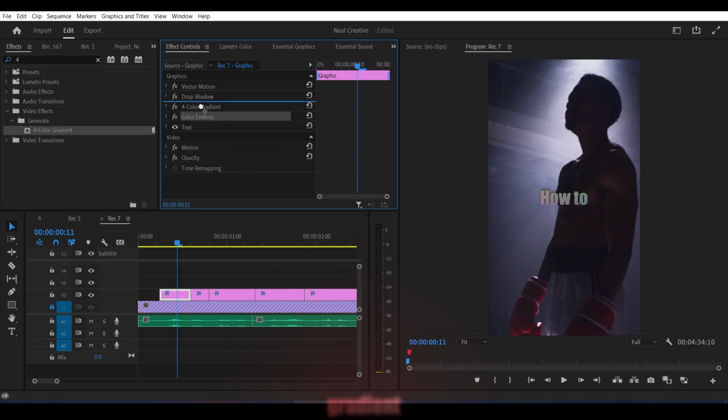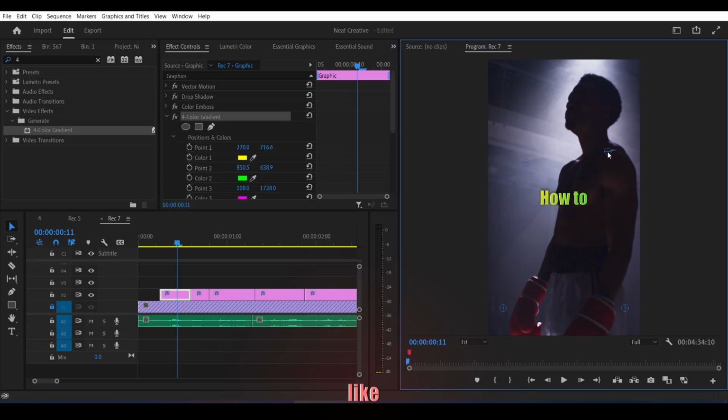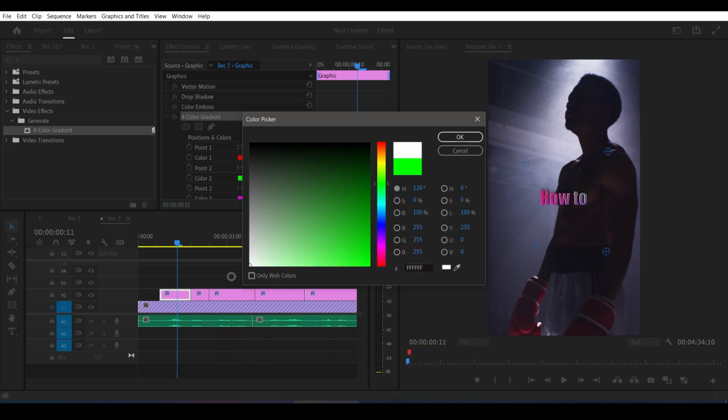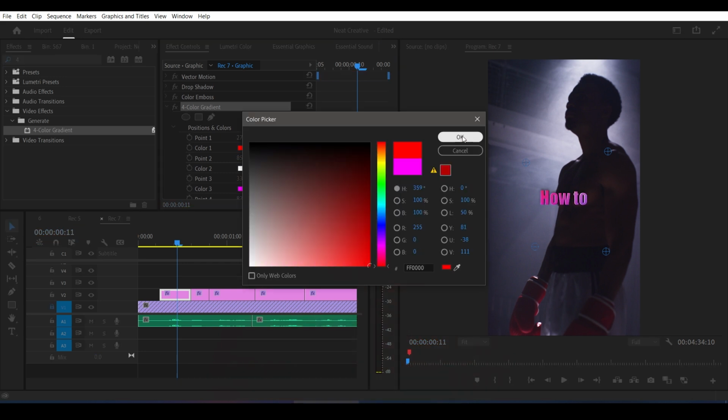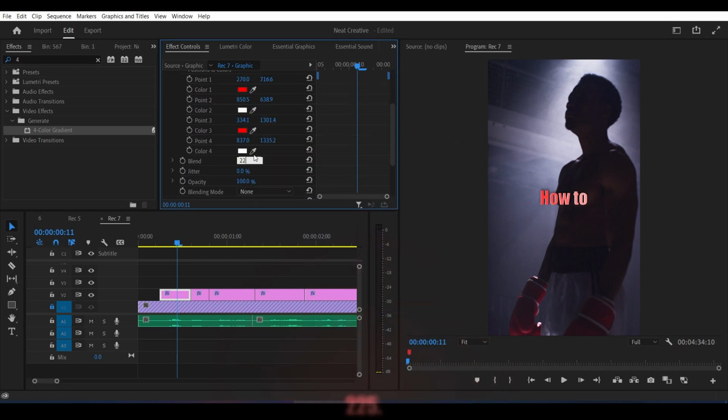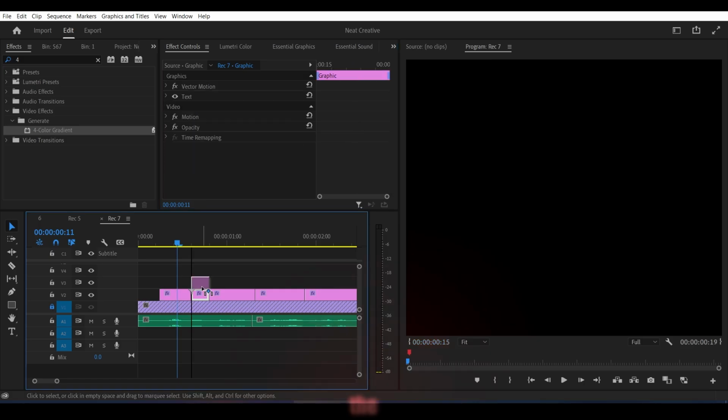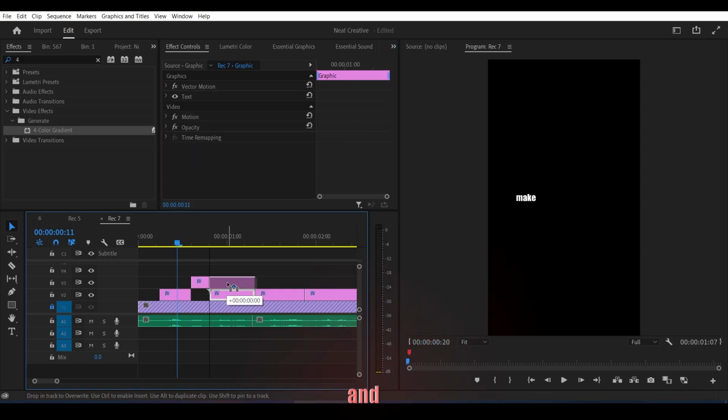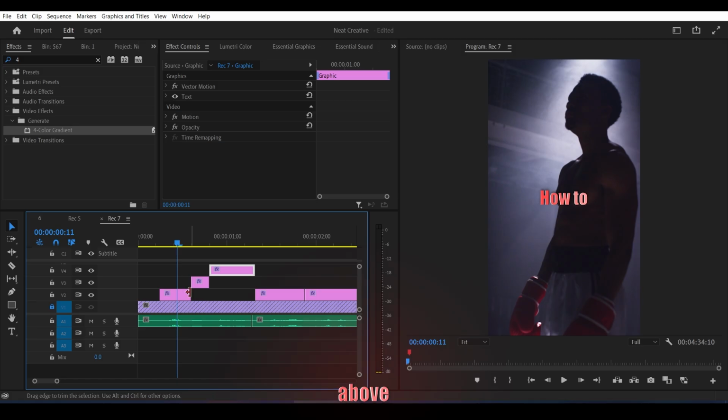For the 4-color gradient, make the pointers like this and change color 1 to red, color 2 white, color 3 red, color 4 white. Make the blend 225. Make the next clip on the above layer and also the third clip above the second